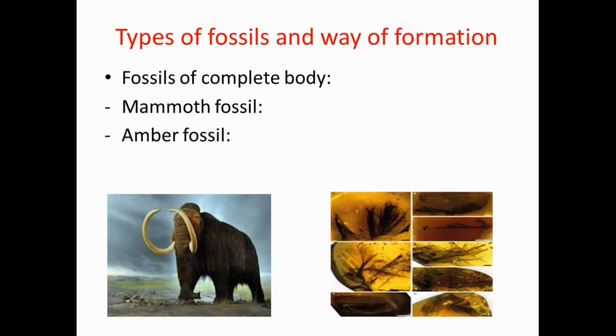Types of fossils and way of formation. The first type of fossils is complete body fossil. In complete body fossil, we have two common examples, which are mammoth fossil and amber fossil. First, let's talk about mammoth fossil. Mammoth is a type of elephant that went extinct by the snow avalanche that occurred in Siberia